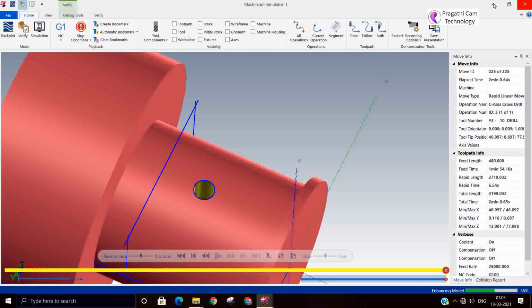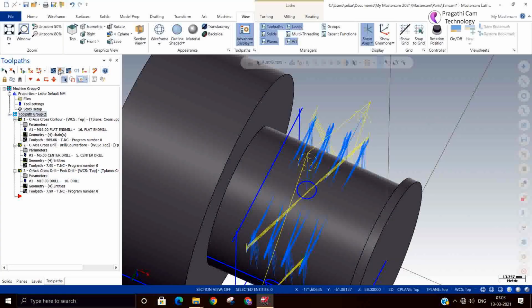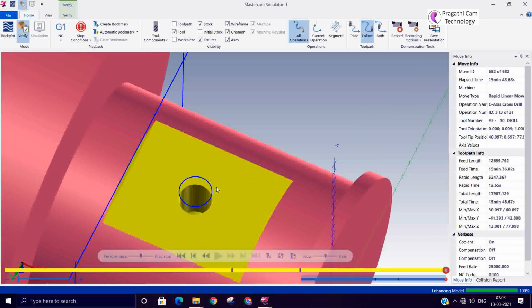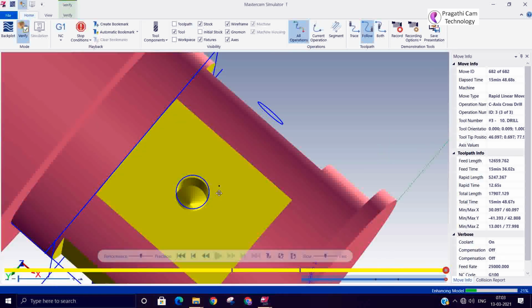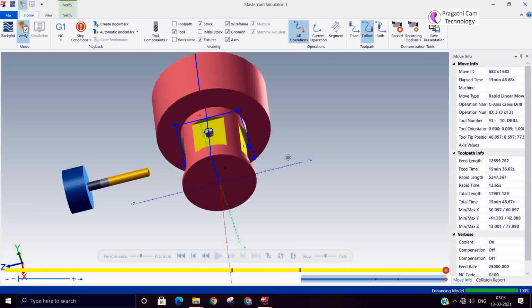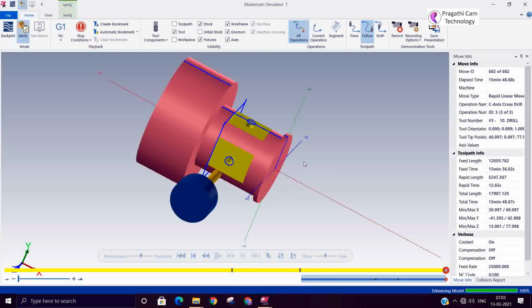Oh, I have not selected all. Okay, now I selected all and measure it. Okay, this is the C-axis cross contour and the C-axis cross drill.